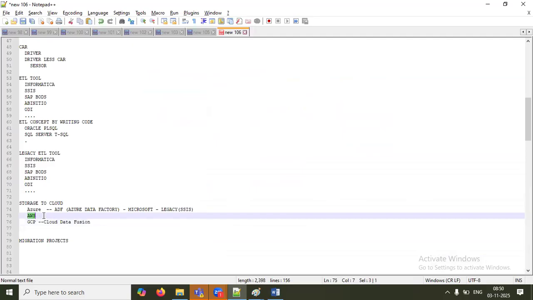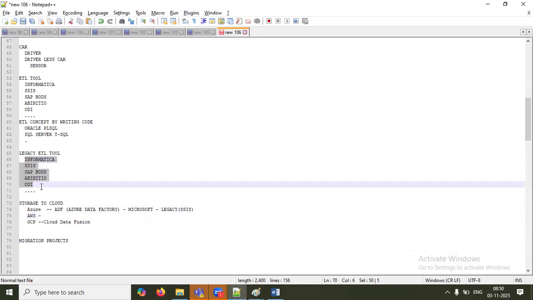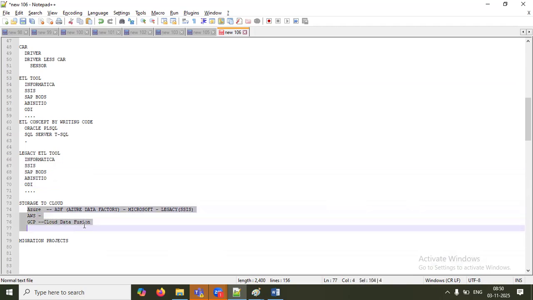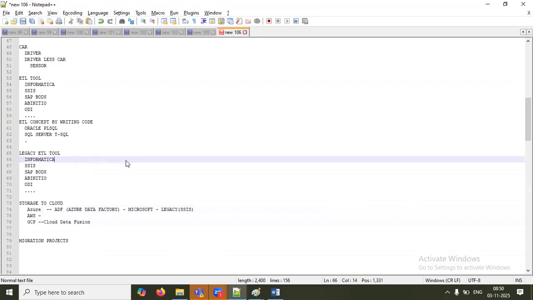Same here from AWS, I think AWS Glue or something will be there. But whatever it is, these legacy ETL tools will soon shut down or be sunset. From Informatica, I think they have some cloud Informatica, some OCL or OCA.